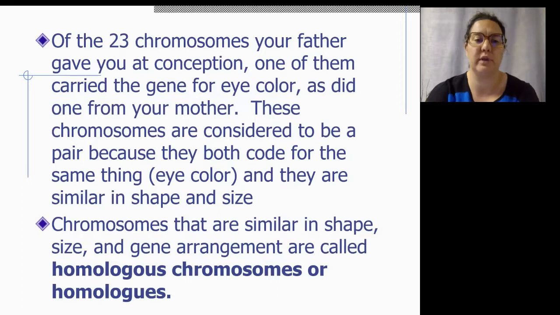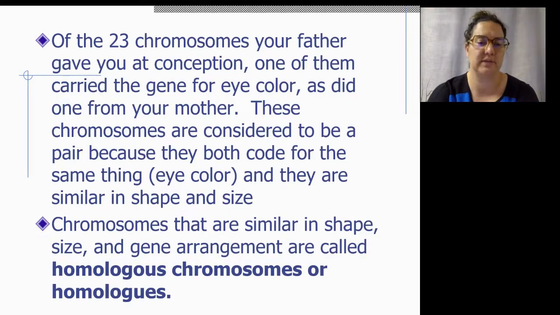On our 20th of the 23 chromosomes, your biological father would have given you 23 from the sperm at conception. One of them carried the gene for eye color. Same with one of the genes that came from your biological mother's egg. These chromosomes are considered to be a pair because they both code for the same thing, and they're similar in shape and size. They can be a little bit different, but because each chromosome will have the same gene locations on it, even though they don't code for the exact same trait, like you might have a blue eye and a brown eye, they're considered homologous chromosomes because they code